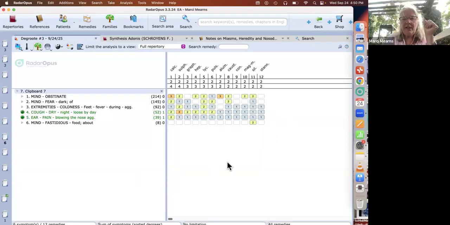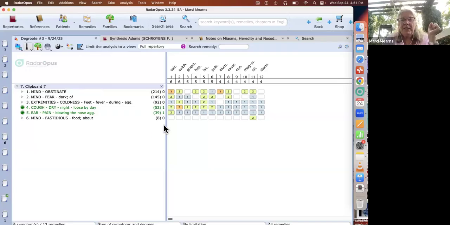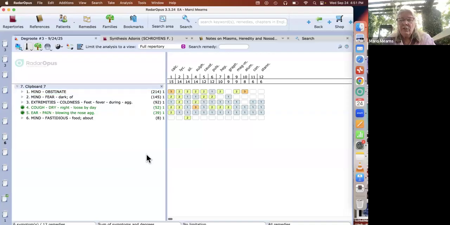I did also experiment around, and if you're doing this, you might want to try changing your analysis strategy to sum of symptoms and degrees. So I'm going to now add everything together, and calcarea by summing up both the number of symptoms, which is two, and the degrees. Well, calcarea and sulfur are kind of equally matched, aren't they? But you can see very clearly probably what's underneath the selection of calcarea in this instance, okay? And what happens if I select all, and I give everybody a grade 1.